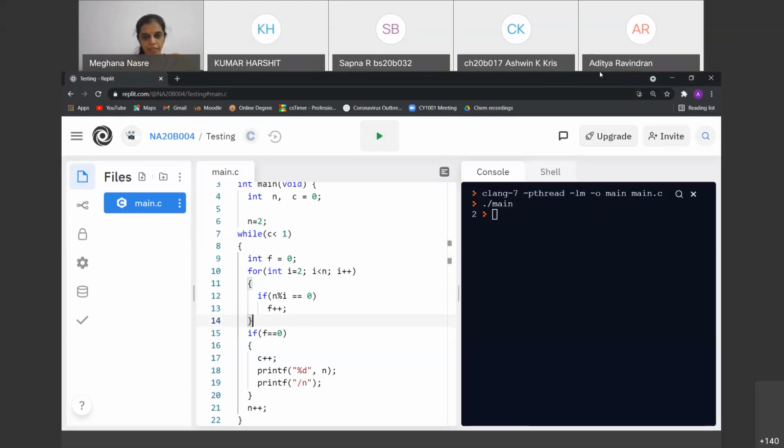Okay, your printf \n has a wrong slash. That is why it is not printing the newline. It's the other way. Yeah, okay. So you wanted it to be printed on a single line, I believe, all the primes. Fine. Is everybody okay with this piece of task that has been done by Aditya? Thank you, Aditya, and very nice that you have completed it quickly.